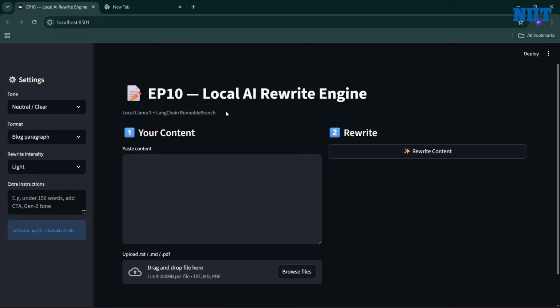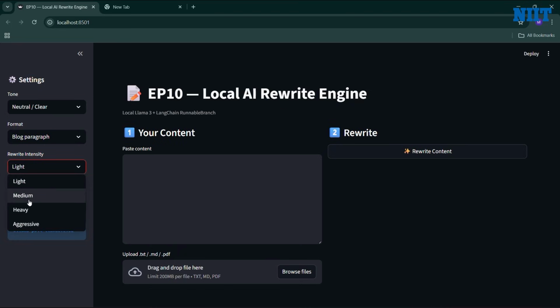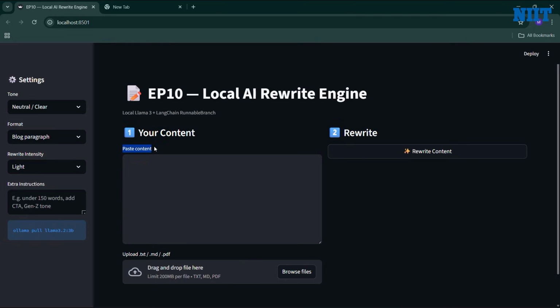Before we jump into the code, let me quickly show you what we're building today so you have a clear picture of where all this is going. On the screen, you'll see a simple rewrite interface. On the left, you control the tone, the output format, and how strongly the AI rewrites your text: light, medium, heavy, or aggressive. In the main area, you paste your content or upload a file, and with one click, the system rewrites it in a clean, predictable structure.